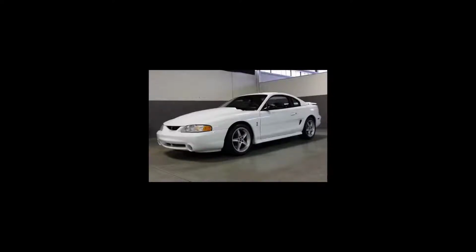SVT made three different Cobra Rs. The first one was in 1993, and that was for the Fox Body Mustang. That was red. There were only 107 of those produced. They were all in red. The second was this one here that we're going to talk about, the 95 Mustang Cobra R. There were only 250 of these produced, all in white. And then lastly, like I just said, the 2000 Cobra R, there were 300 produced, and they were all in red. So let's go ahead and dive into this Mustang Cobra R, this SN95